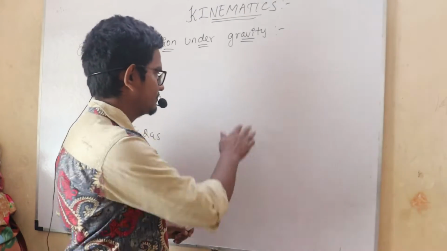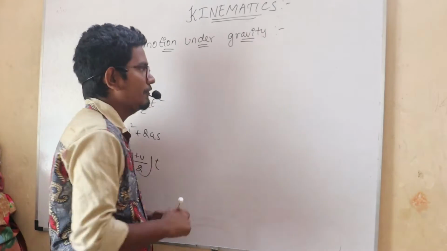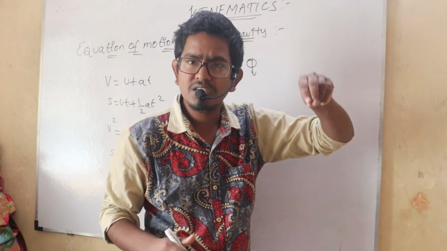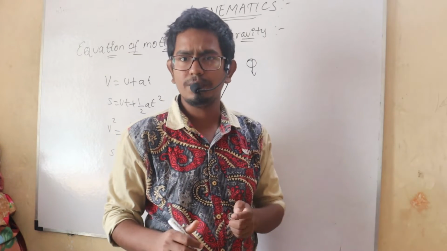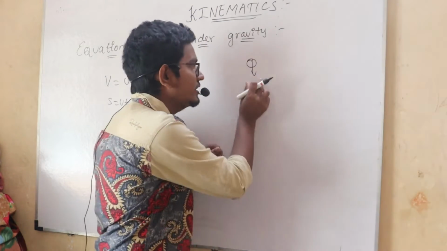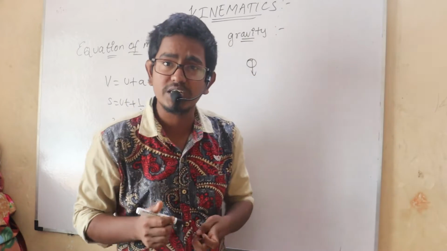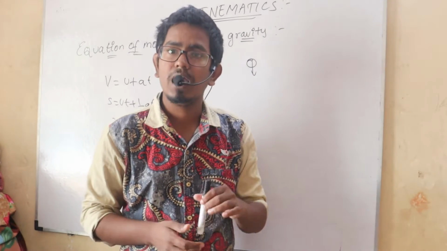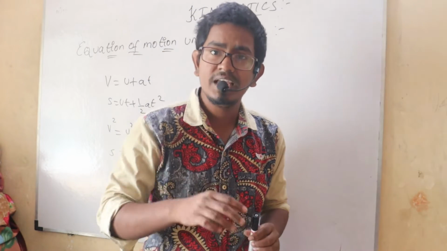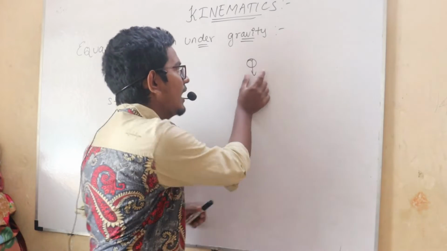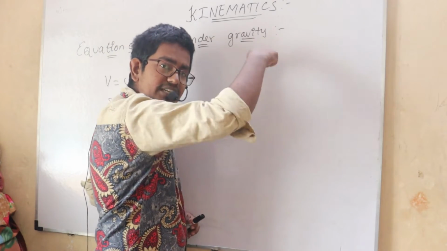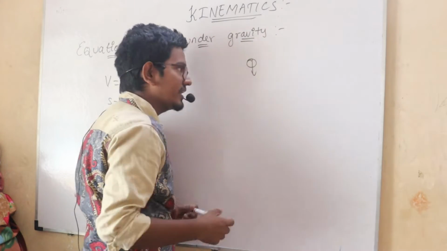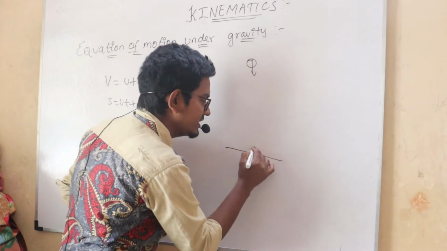Right? So for example, if I have a ball, and I am giving some velocity to that ball, that means I am projecting it. Projecting means thrown, that means I am throwing downwards in a vertical direction. I am just projecting this ball in the vertically downward direction. Then it will go vertically and it will hit the ground.